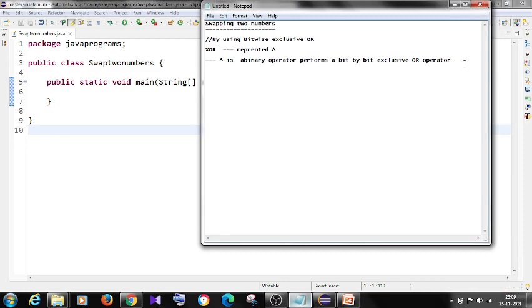Before implementing this, we need to understand the condition when you are using XOR.